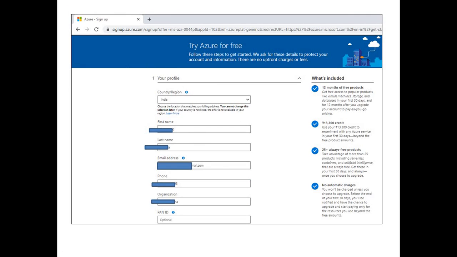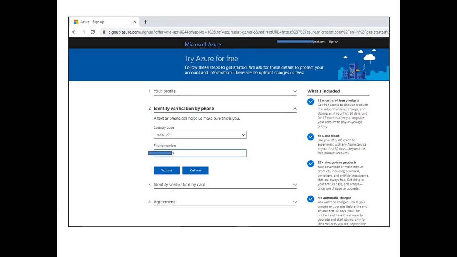And then once your login is done successfully, you will be routed directly to this sign up page which says try Azure for free, and there you have to provide your personal details like which country you belong to, first name, last name, email address, phone and organization, and the PAN ID is going to remain optional. Once you provide all of these details, you just have to click on next, and you'll have another tab opening up for you